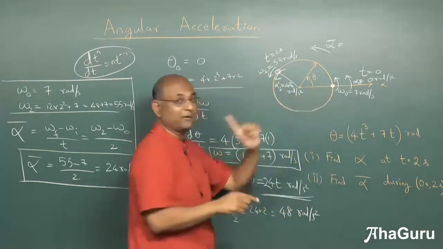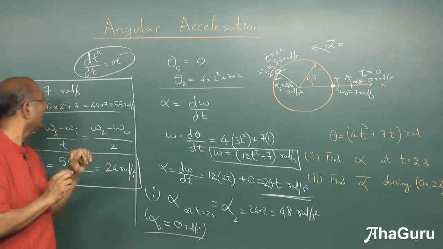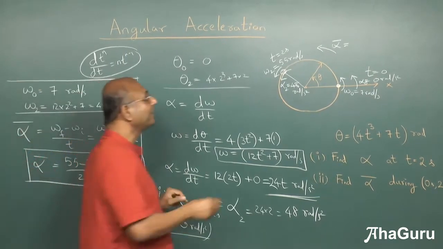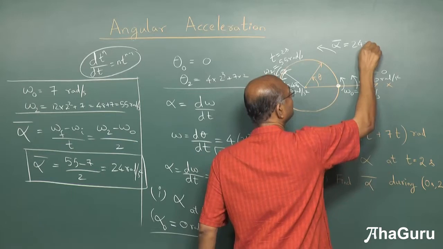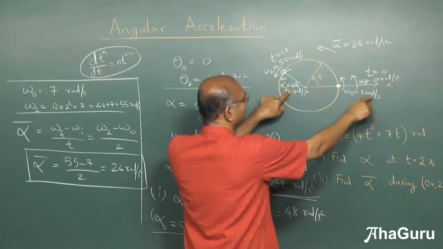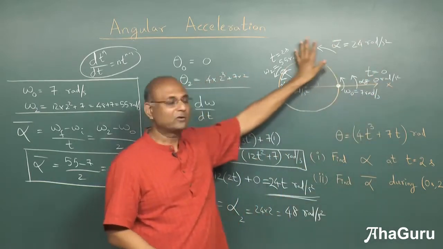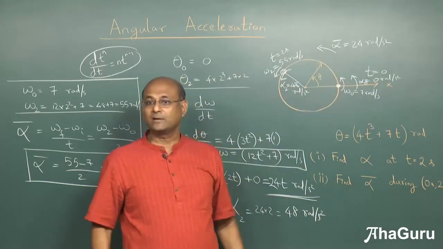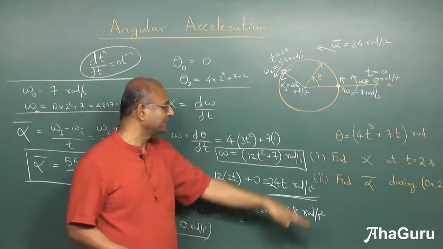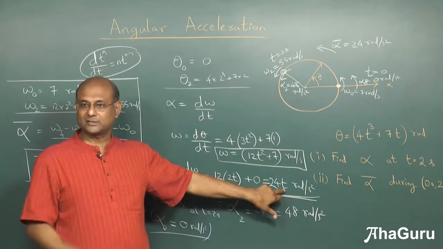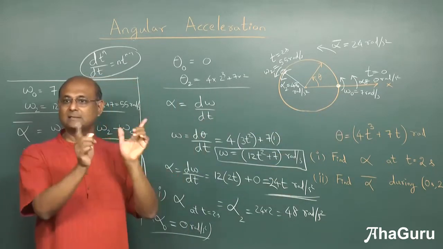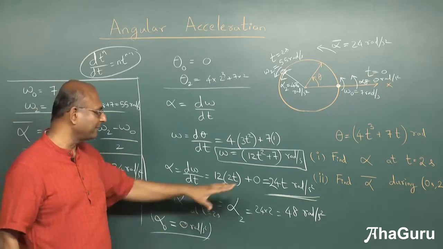And the average alpha is what we have calculated. To calculate average alpha, you need omega final and omega initial. We use those two values. When we calculate average alpha, it turns out to be 24 radians per second square. It does make sense, you know. Final value is 48, initial value is 0. Somewhere in between, we are talking about an average value which is 24. Remember, average may not always be 48 plus 0 by 2. It happens to be in this case because this is a linear function of time. But in general, suppose it was t power 4, you can't add up the two endpoints and divide by 2.